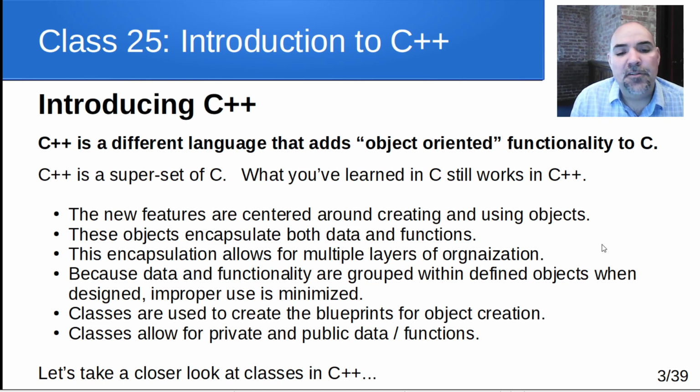Now, classes are used to create objects. Those are the blueprints for object creation. And classes allow for both private and public data and private and public functions. So it gives us the ability to restrict that these functions can only be called in this area, this data can only be accessed by these functions, and so forth. And so what we're going to do is look at